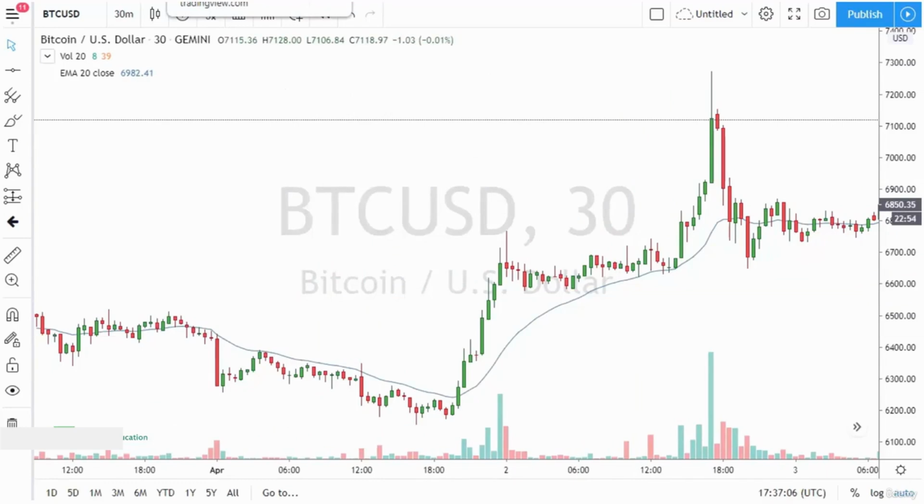In the next video, I'll take a look at two of the most powerful candlesticks out there, the hammer and the